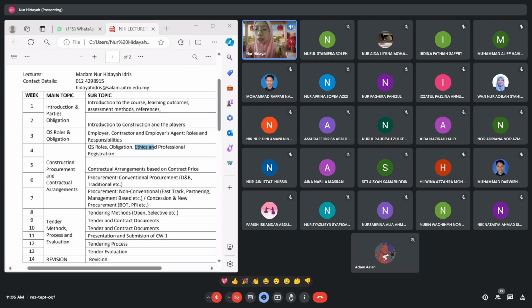And then kita ada non-conventional procurement, means dia ada they exist tapi kita tak banyak guna. Okay, ataupun once in a while untuk this specific project kita guna that particular procurement. So kita ada fast track, and then kita ada partnering or joint venture, and then kita ada management base. Alright, and then kita juga akan cover on concessionaire, okay, as well as new